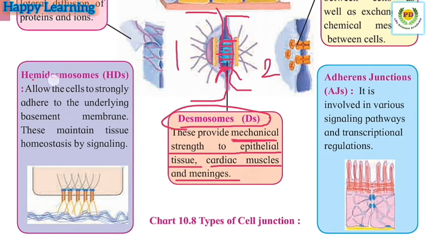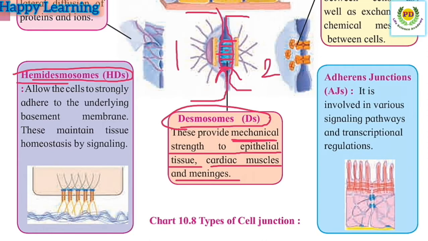Then next is the hemidesmosomes. Hemidesmosomes allow the cell to strongly adhere to the underlying basement membrane. This maintains the tissue